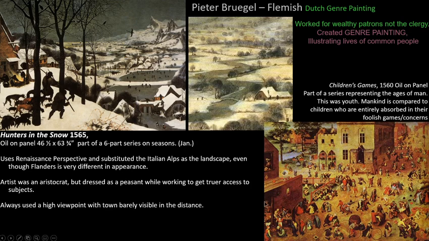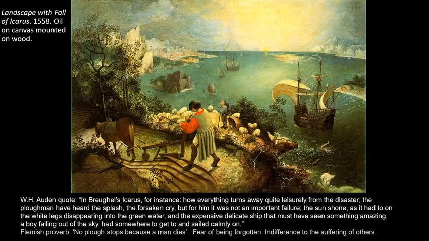But if you notice here, again, we have this really high one-point Renaissance linear perspective that goes off into a vanishing point down at the end of the street. Everything is aligned there. So you can always go back and figure out, where did he learn this from? Where did this come from? And you can see those ties back into Renaissance art the more you look.